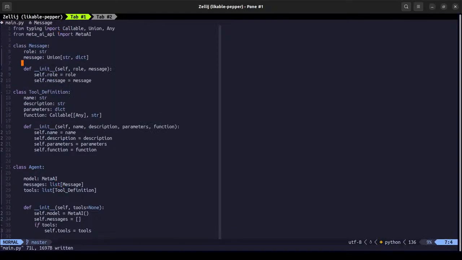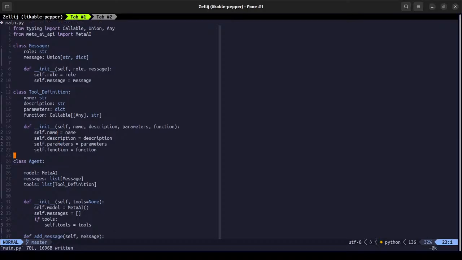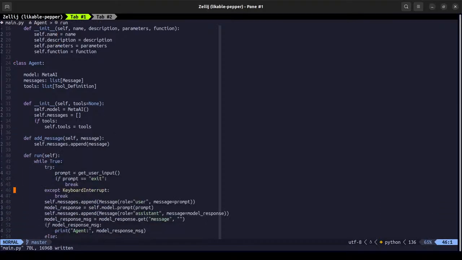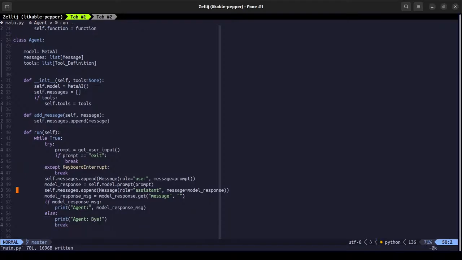So we have message with the role and message type. We'll add something over there later on, but for now, what we need to do is pass in the tools to this, which I'm a little worried how it will work.